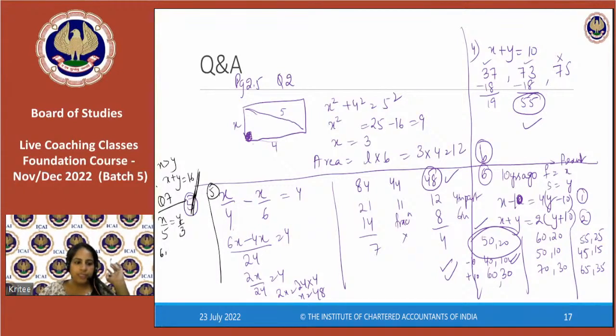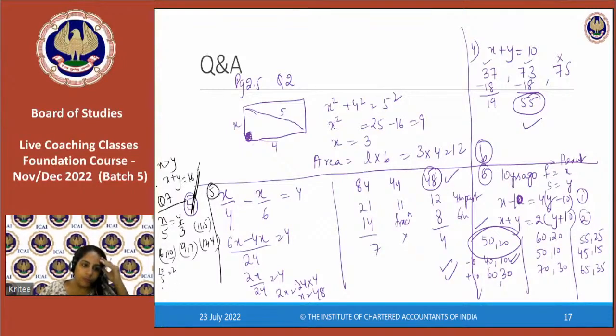You have the option 6 and 10, and you have the option 9 and 7. You have the option 12 and 4, and you have the option 11 and 5. Naturally, all the options give you the sum equal to 16. So the first condition is satisfied as it is. Now it says 1/5 of the bigger one. So 1/5 of the bigger one, 10 by 5, which is 2, is equal